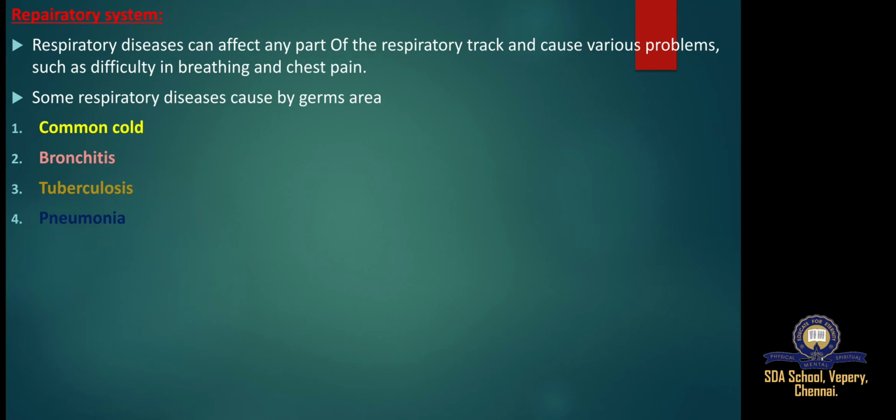Now move on. Respiratory diseases. What are the respiratory diseases? Your respiratory system is the system in your body that allows you to breathe. The main organs of the respiratory system are your lungs. Yes, lungs. When your lungs are not working like they should, it may be difficult for you to breathe.